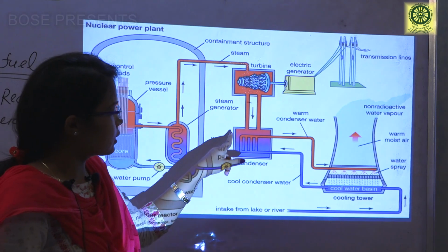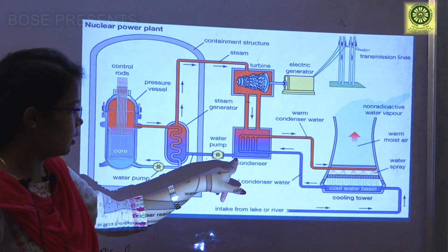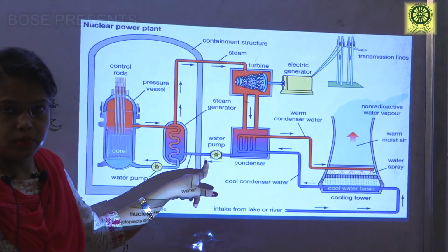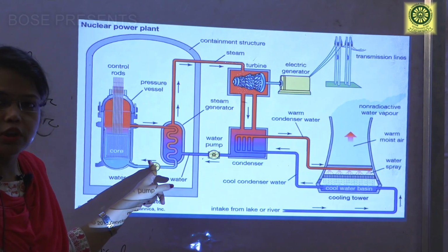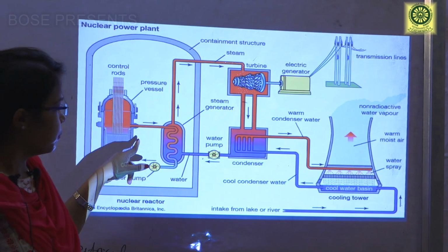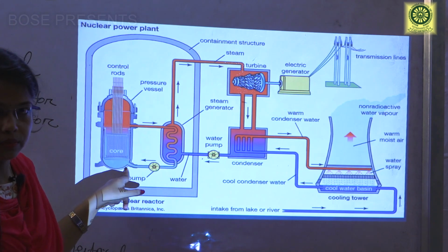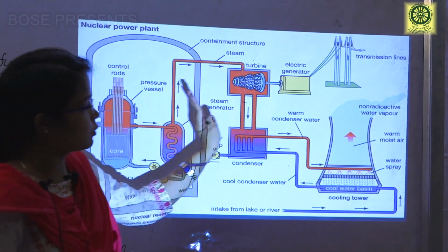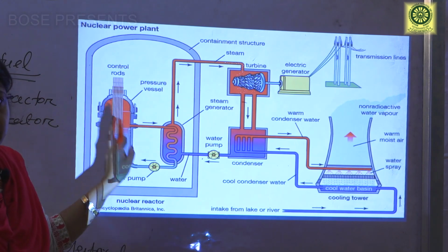Okay, and in this condenser, when the steam is converted into water, that water enters the nuclear reactor through the water pump. This water pump is responsible for transferring the water from the condenser to the nuclear reactor, and again this water will be converted into steam by absorbing the heat from the coolant coming from the nuclear reactor. Are you getting my point? This is a very simple concept. The only important part, if you already know the rest, is the nuclear reactor.